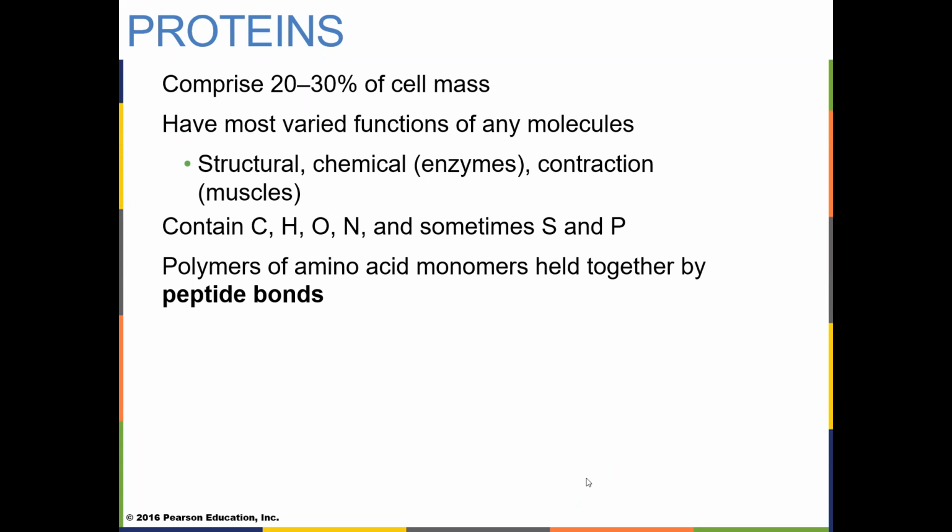The proteins, again, are made of carbon, hydrogen, and oxygen, but now we have nitrogen thrown in. And we may even have sulfur, and we may even have phosphorus in here too, but we'll definitely have nitrogen. The building blocks of a protein are what are called amino acids. And amino acids have an ammonia group and an acid group and some type of functional group. And these amino acids, only 20 of them, are held together by what are called peptide bonds.